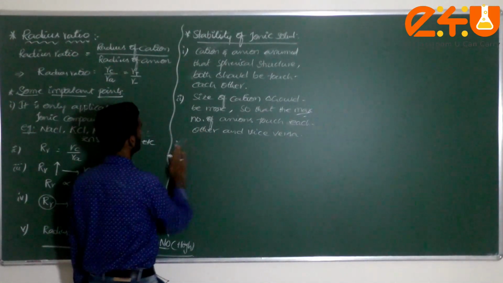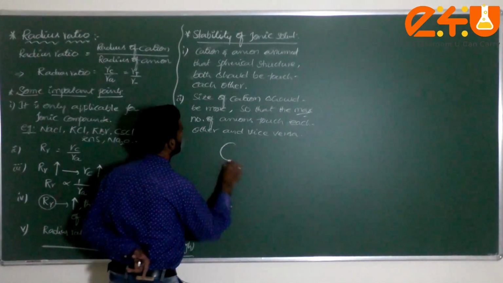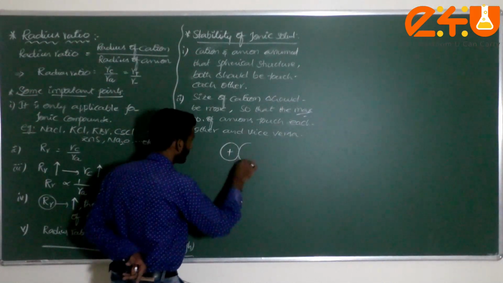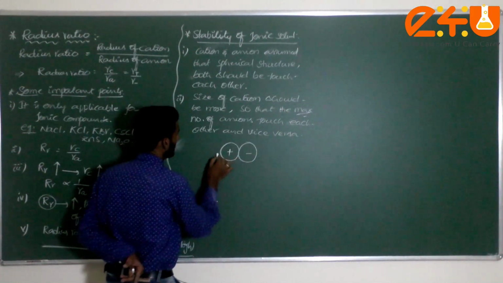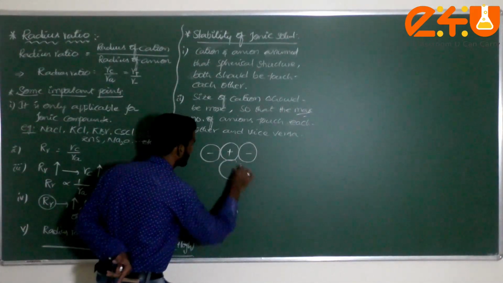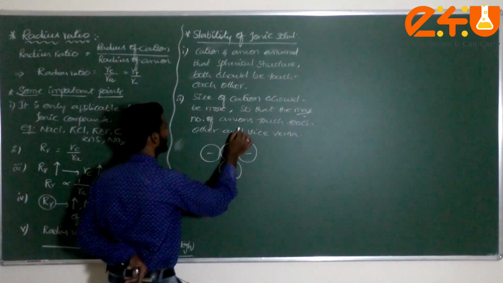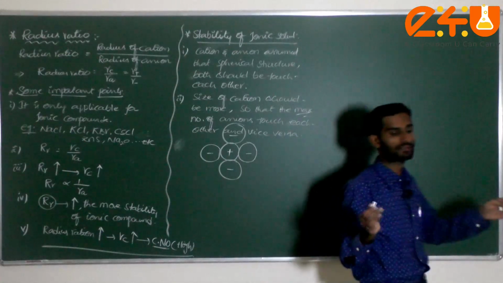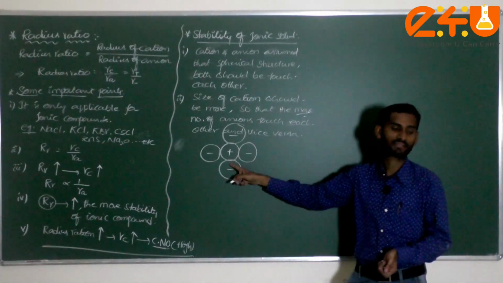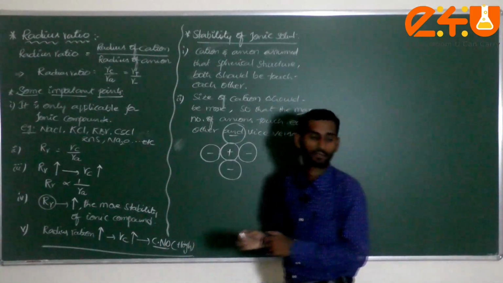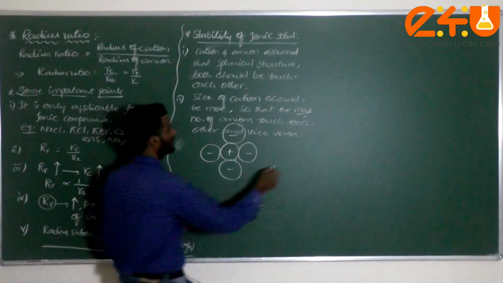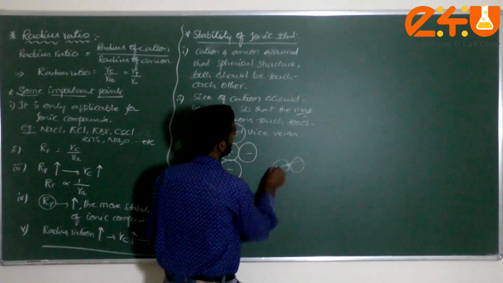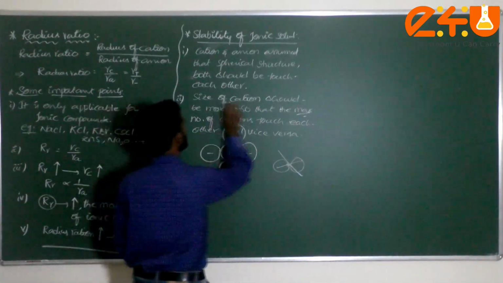Next, the third one. Now the size of the cation, dear student, is this much. Am I correct or not? For example, this is the anion, this also anion, and this one also anion. More anions will come and touch when the size of the cation is large. If you take a small one, how many atoms will come and attach? Very few. That's why the condition I said is that the cation should be larger in size.